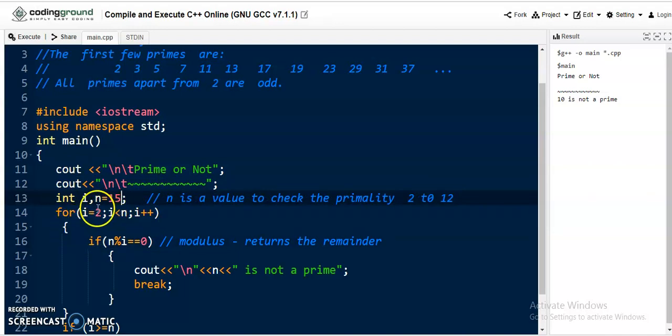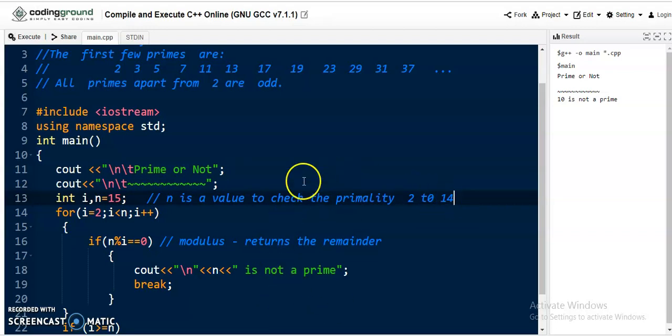So that's why I am going to repeat the loop from 2 to n minus 1. When I take the value as 15, I am going to repeat from 2 to 14.